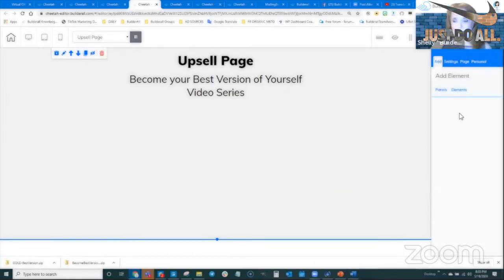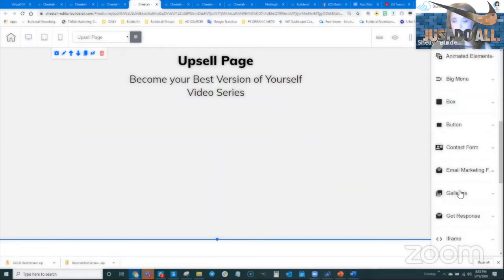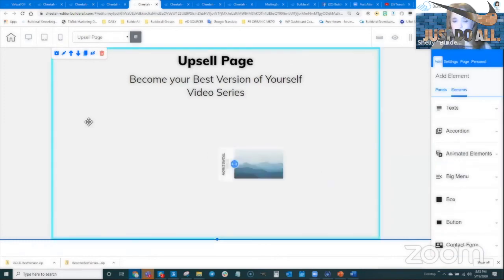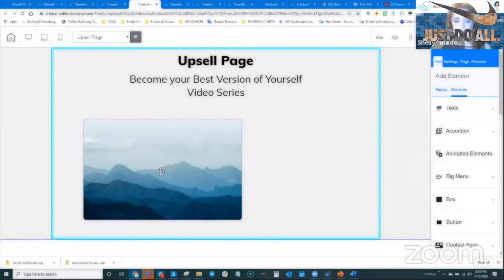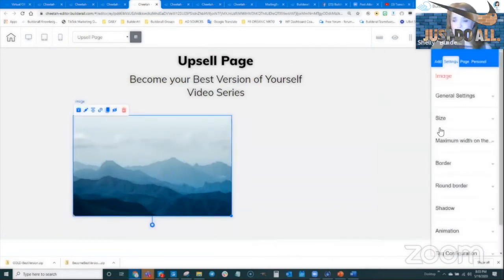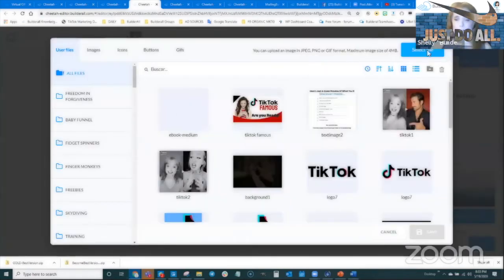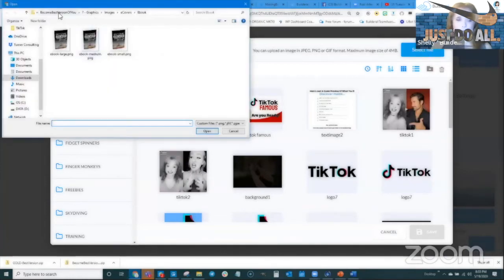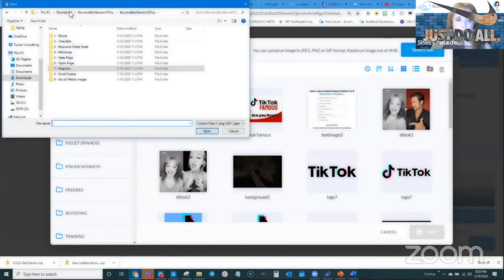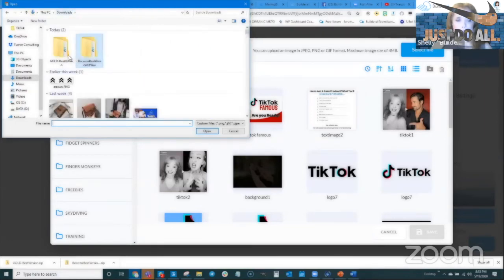Now let's go ahead and add an image of the videos. So I'm going to go to add in elements and we'll drop an image in there. So image, and we'll drag that one over just like that. That's beautiful. And let's go ahead and go to general and we'll change the image. And we're back in our digital file repository. So I'm going to click select file and we'll go over to some more graphics in the other package. So download, gold,